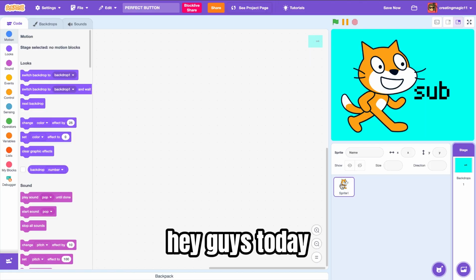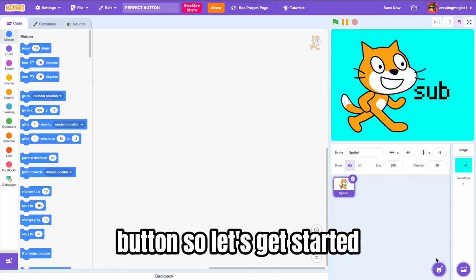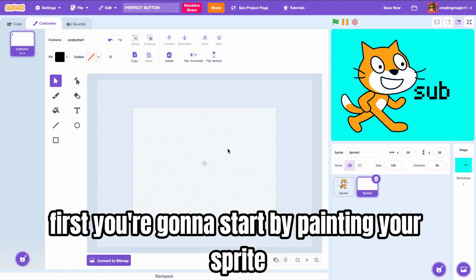Hey guys, today I am going to be showing you how to make the perfect button. So let's get started. First, you're going to start by painting your sprite